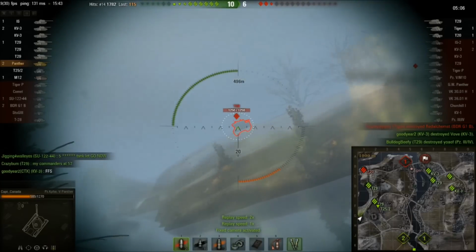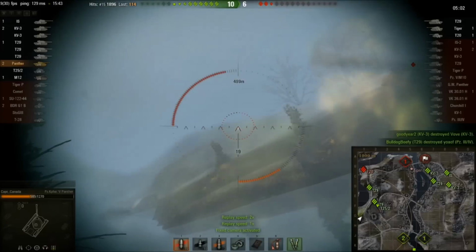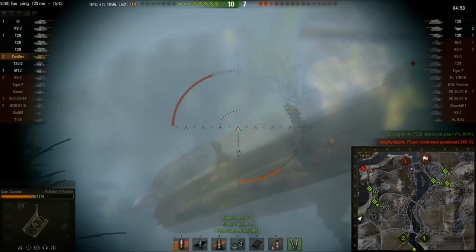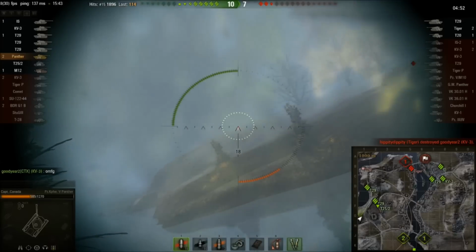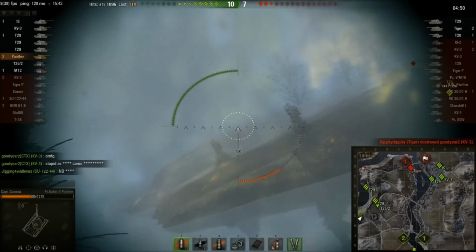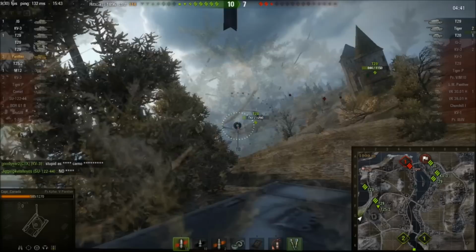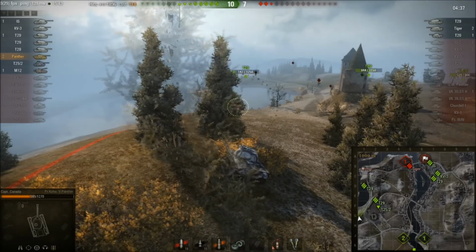So we finally get some shots on these guys. That one goes in quite good, so I'm going to try and get the lower plate on that guy. And that might have gone in. I've done almost 2,000 damage now. 15 shots. And our last T-29, he's only got about 150 hit points left, so he's got to be pretty careful. And I want to try and make sure he doesn't die, but...